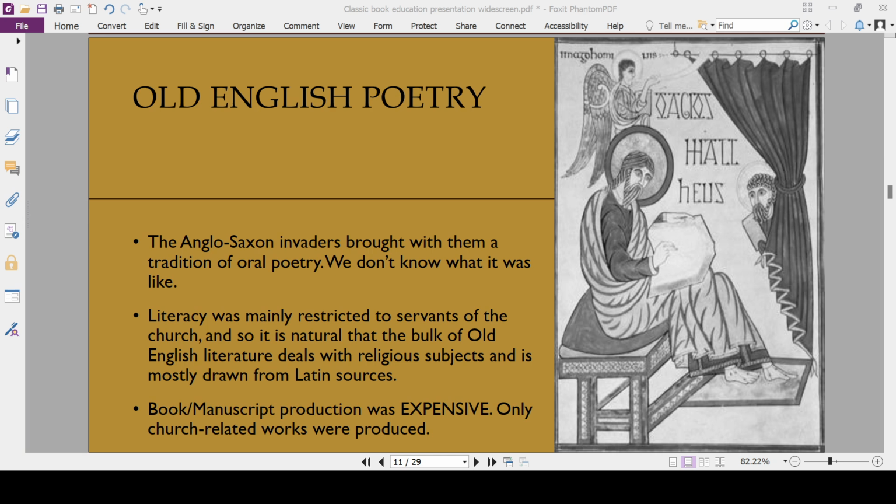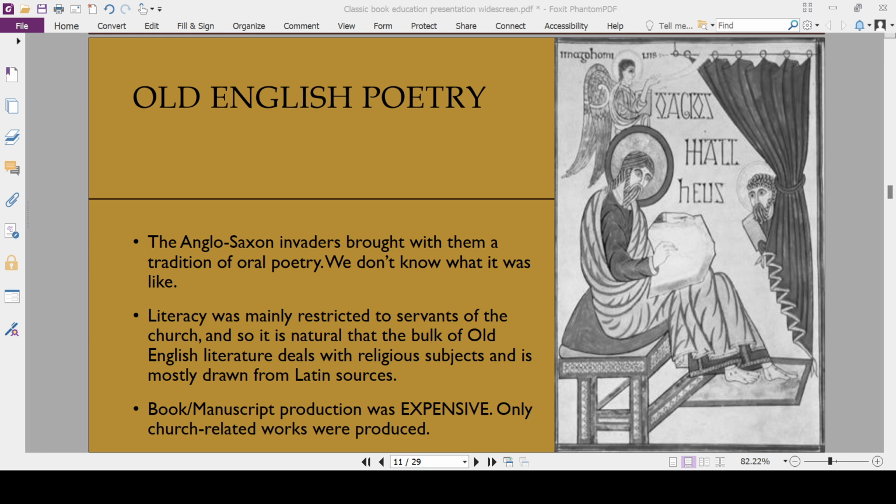Also important to talk about, especially with regards to this period, is of course the concept and the issue of limited literacy. Now, literacy in this period was confined to ecclesiastical servants, those people who worked for the church, which of course resulted in the preponderance of Old English literature dedicated to religious themes alone. So that's why we have a lot of religious books being published, but unfortunately, not a lot of non-religious or secular books